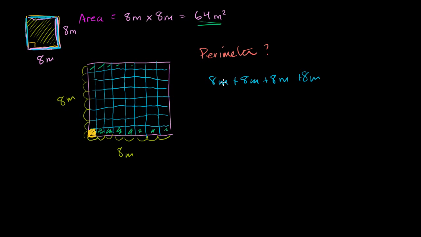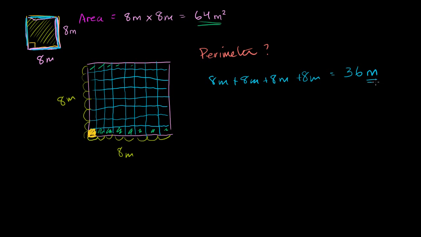We have 4 sides, 1, 2, 3, 4. Each of them are 8 meters. So you add 8 to itself 4 times. That's the same thing as 8 times 4. You get 36 meters. Now notice, when we measured just the amount of fencing we needed, we ended up just